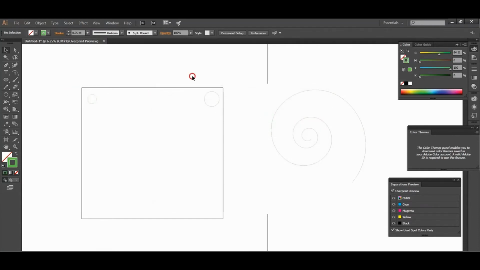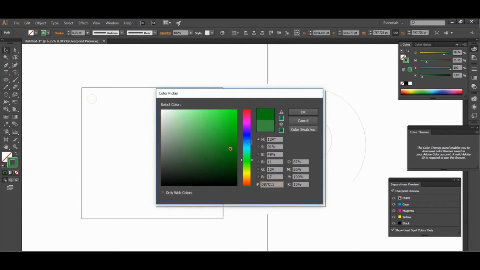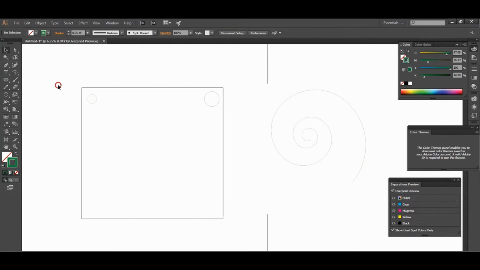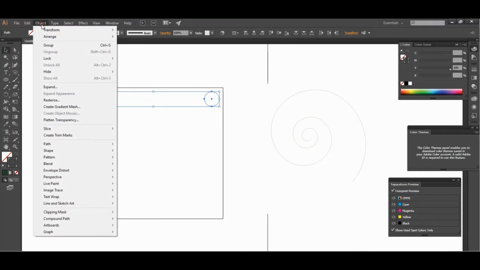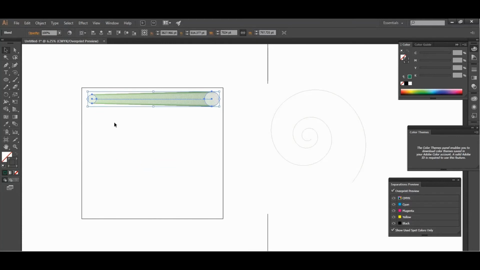I'm going to use this light color, light green, and this one deep green, that is already selected, and select both objects. I'm going to blend and make blend,